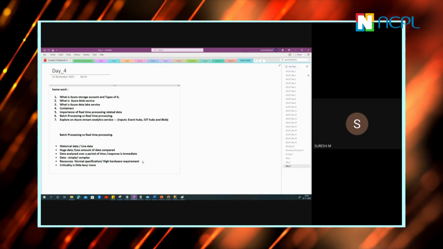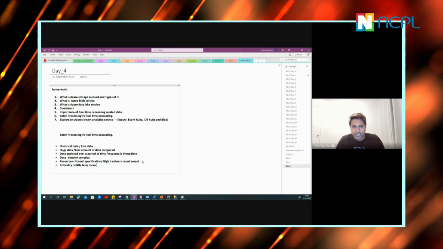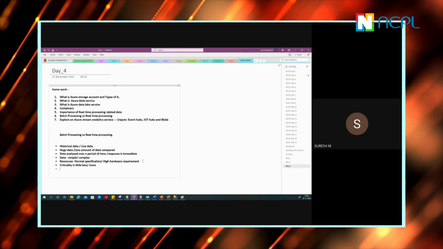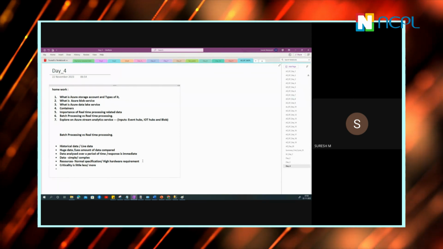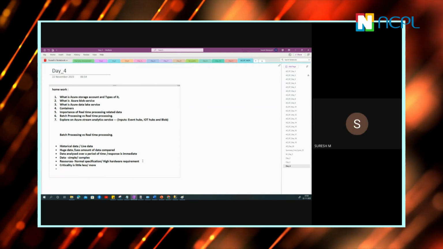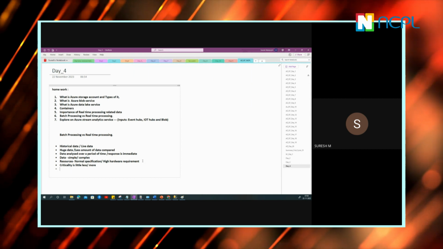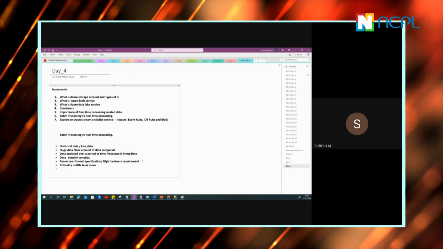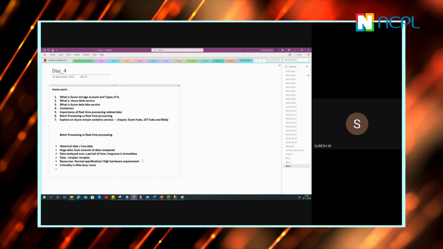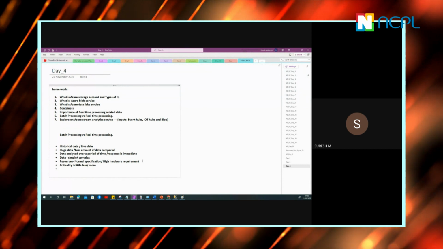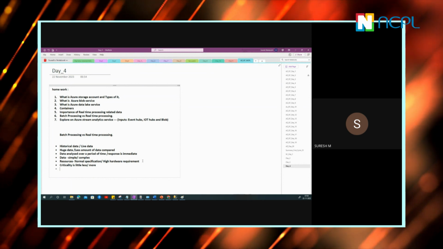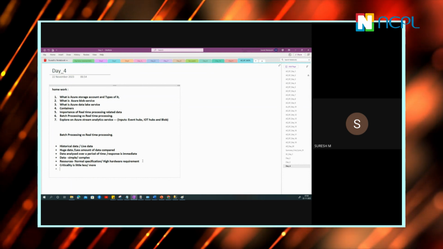Latency in terms of processing the data is okay, but response wise, real time is a little more immediate compared to your batch data. Anyhow, these points are quite decent to understand your batch and real time.